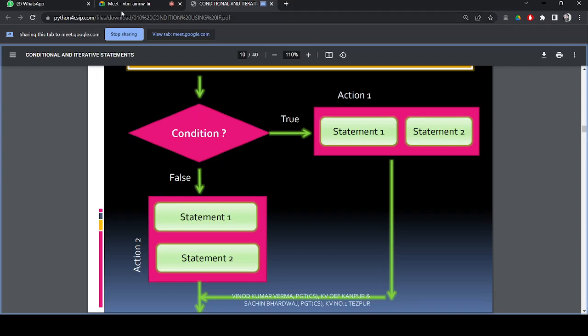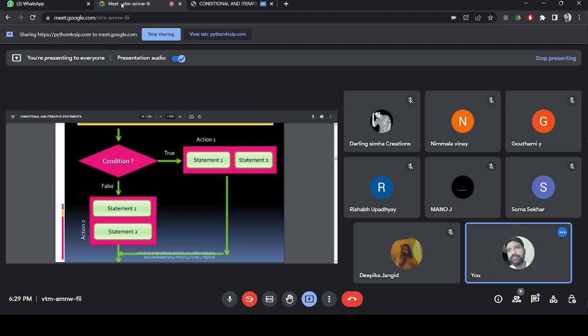Why do we say it is a selective execution? Because it selects action 1 and it deselects action 2 if the condition is true. If the condition is false, action number 2 is done, action 1 is deselected. So selection and deselection is happening. That's why